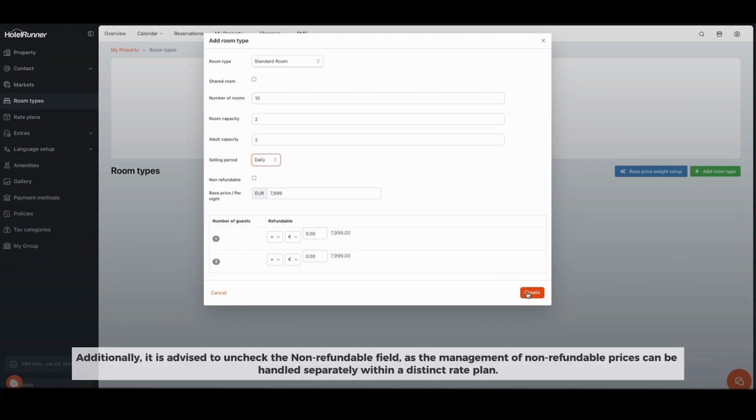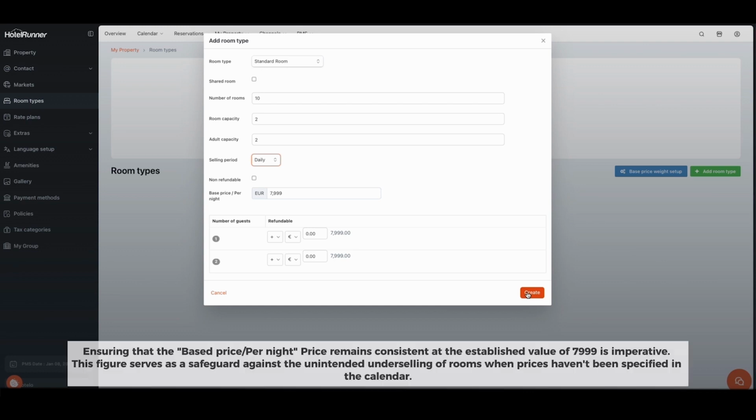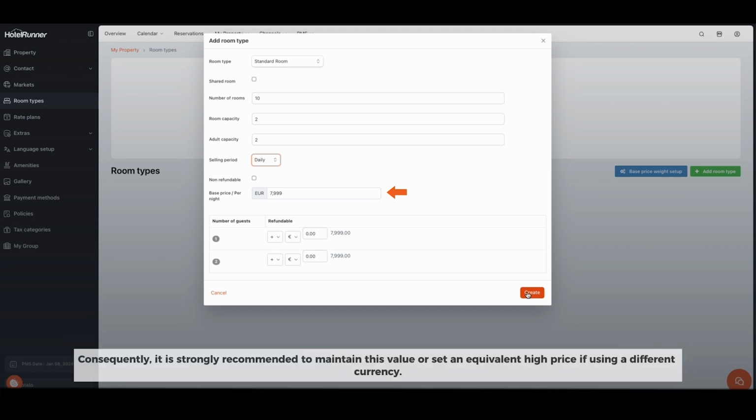Additionally, it is advised to uncheck the non-refundable field, as the management of non-refundable prices can be handled separately within a distinct rate plan. Ensuring that the base price or per night price remains consistent at the established value of $7,999 is imperative. This figure serves as a safeguard against the unintended underselling of rooms when prices haven't been specified in the calendar. Consequently, it is strongly recommended to maintain this value or set an equivalent high price if using